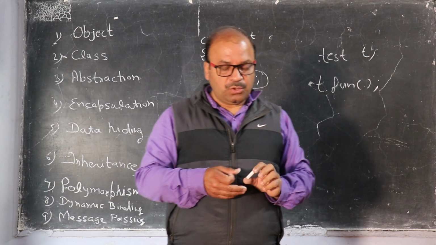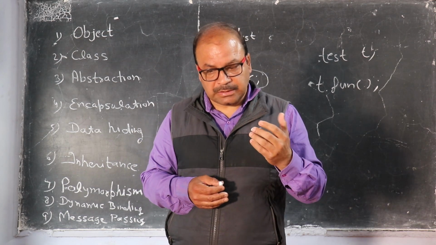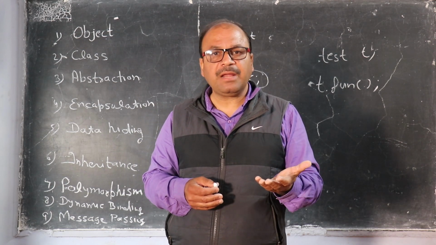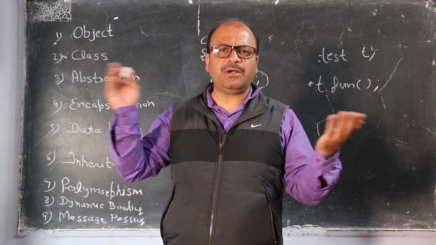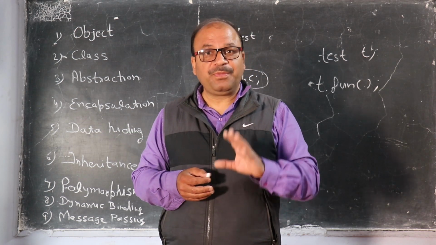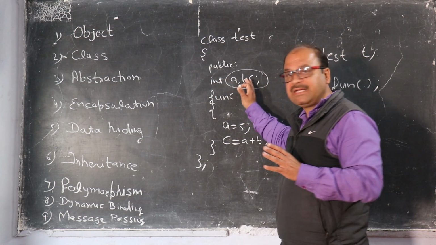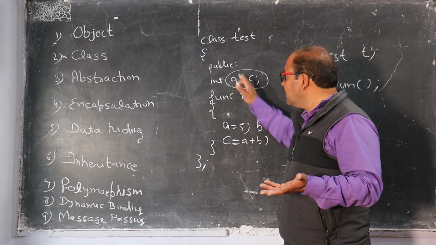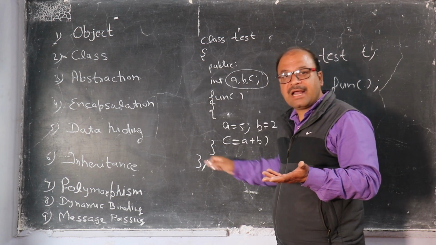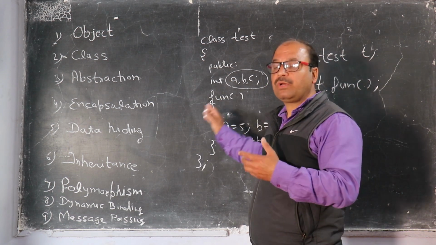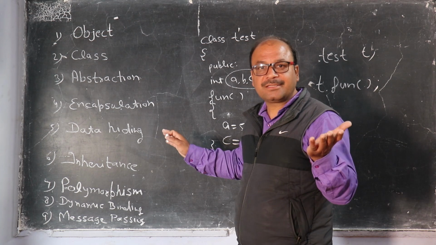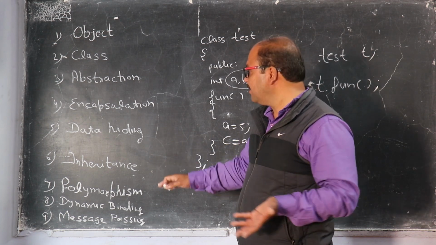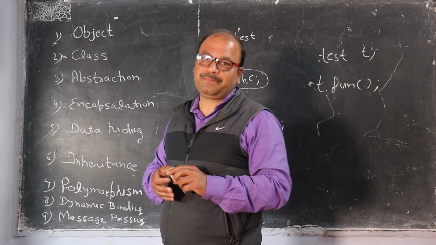In C++, you can use a single-name variable in many different classes. So here is ABC, you can use ABC somewhere else. So these are the things which are inside the class but not outside the class. I want them to react somewhere else, so I can make it there with the use of encapsulation.